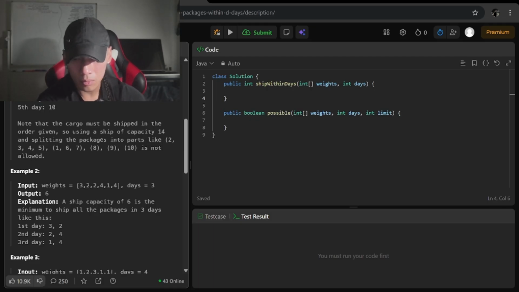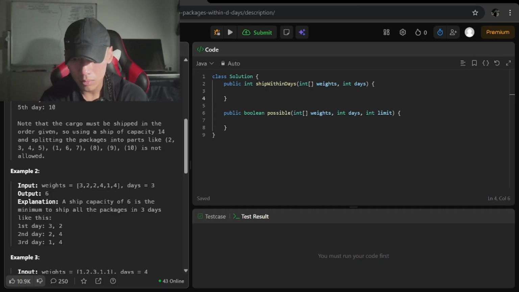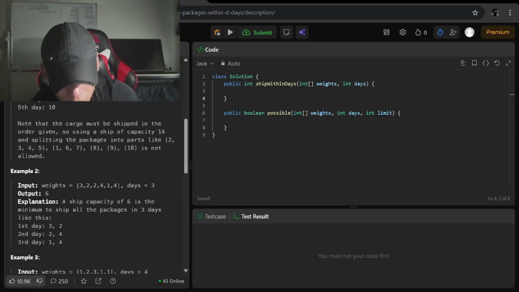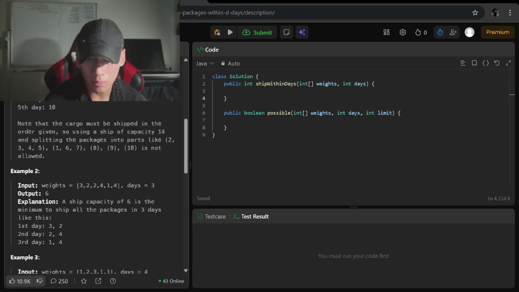In this problem, the search space is the range between the minimum possible capacity of the ship, which is the max weight of a single package in the entire array, and the max capacity of a ship. It's just the total of all the weights of the packages. So it's going to be the max in the array, and the max of the ship, which is the total capacity of all ships. We can justify this by realizing... okay, so just using that information, let's see if we can figure it out.